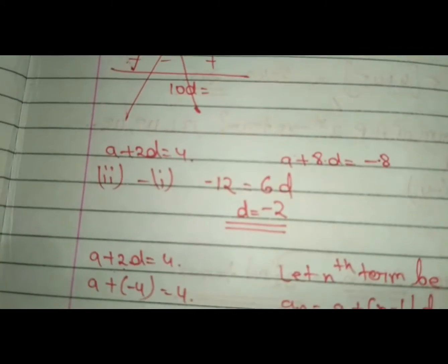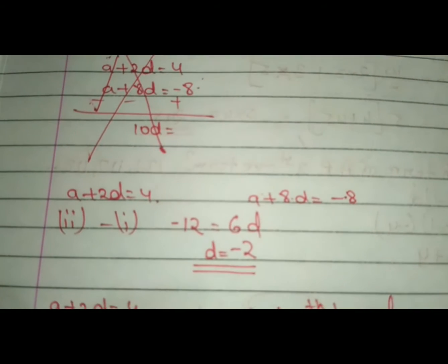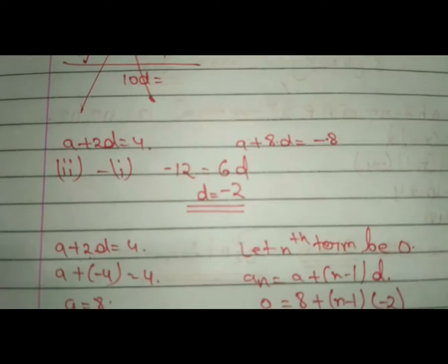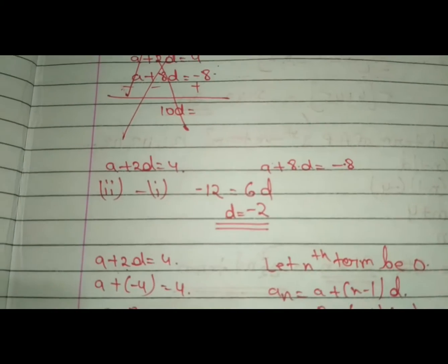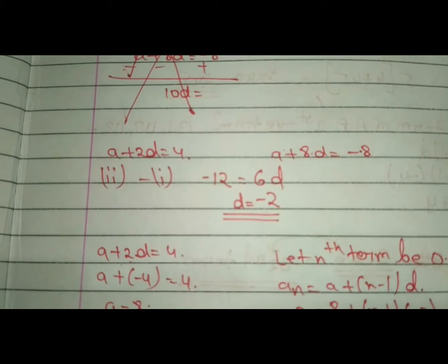We are given A3 is equal to 4 and A9 is equal to minus 8. So we have to find A, D and n. Here A3 is equal to A plus 2D, that is equal to 4. Then A plus 8D is equal to minus 8. So subtract the second equation from the first equation, that is A and A cancel, and 8D minus 2D, that is